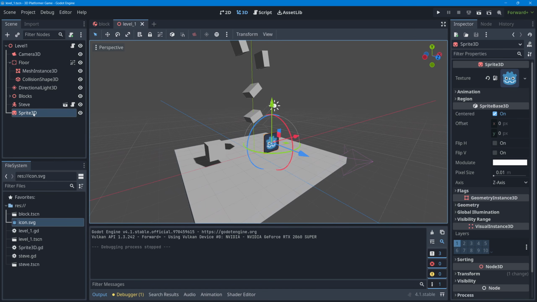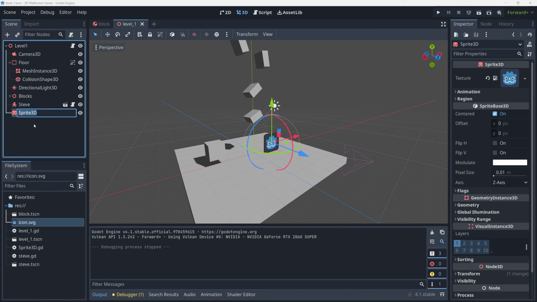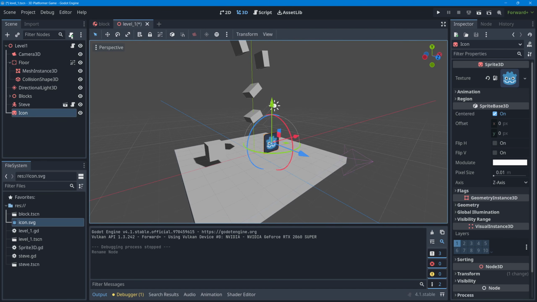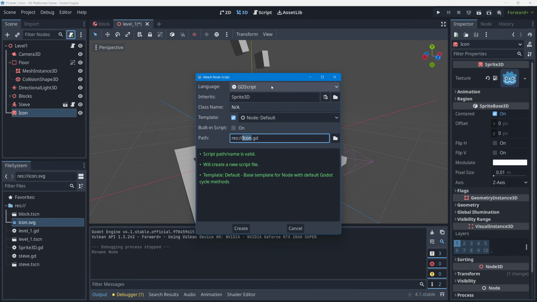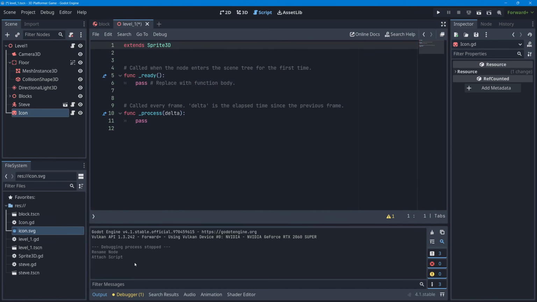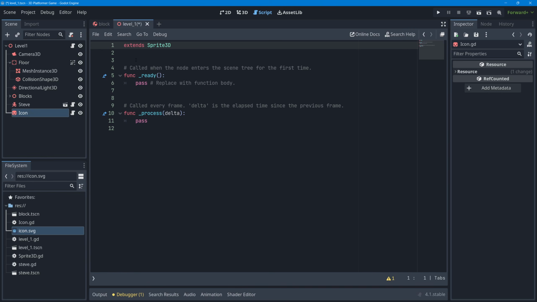I'm going to go ahead and rename it though. I'm going to call it, by double clicking on it, I'm going to call it icon, like that. Okay, I'm going to go ahead and select that node, and I'm going to press the add script button. And when we do that, we can leave everything as the default. It'll name this code file the same name as the node itself, so icon.gd, and I'll press create. When I do that, Godot now opens up that code file in the script workspace, and we can start typing